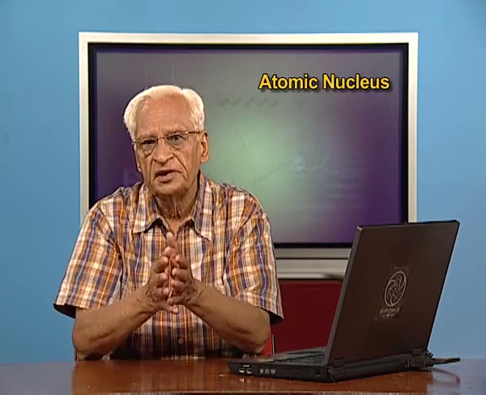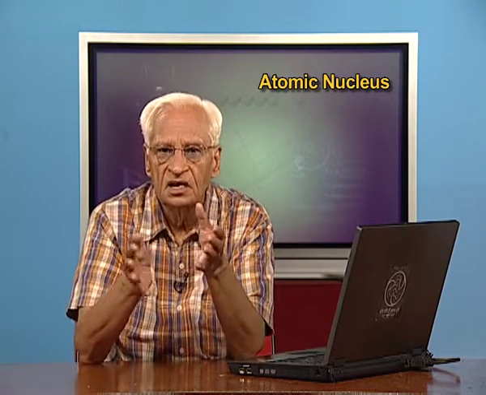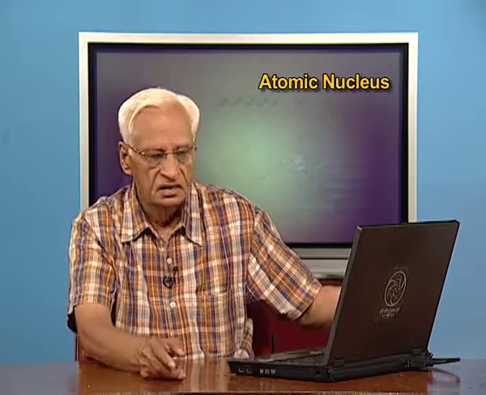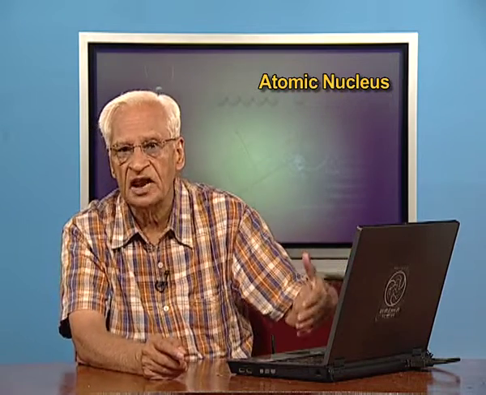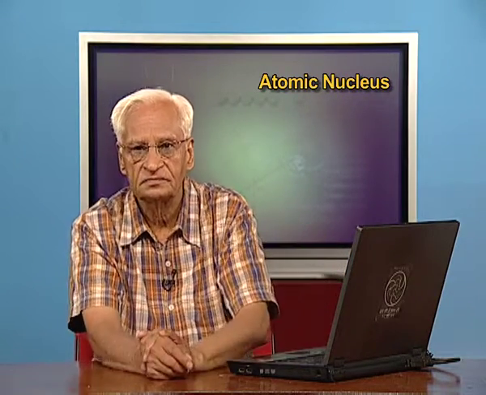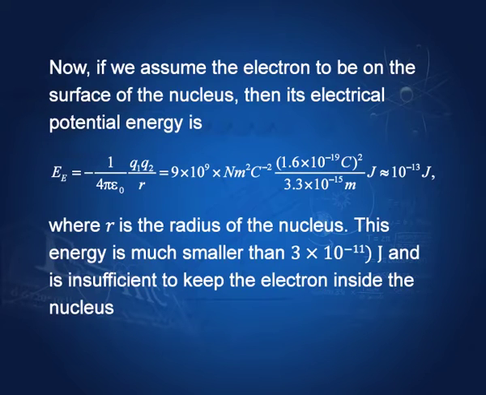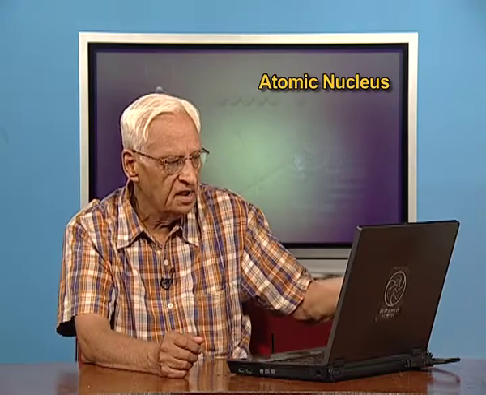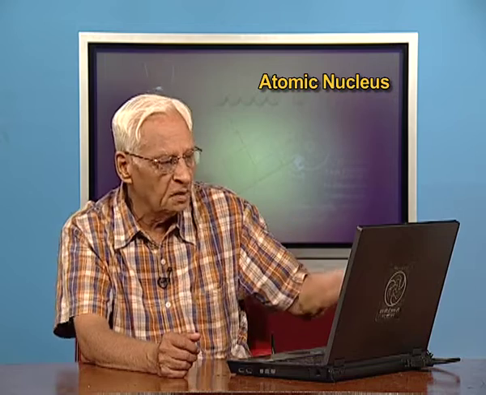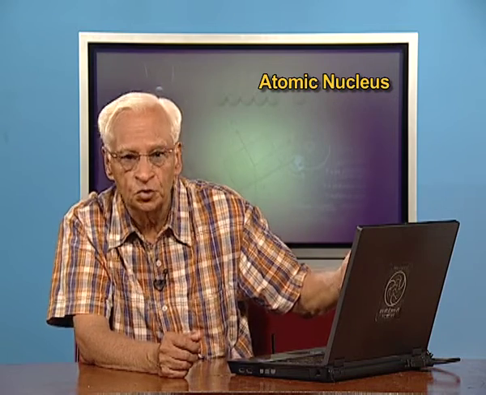I mean, nuclei emit particles and energy, but that energy is much smaller than the energy that we have calculated for the electron. There is another argument. If the electron exists on the surface of the nucleus, then its potential energy would be minus 1 by 4 pi epsilon 0 q1 q2 by r, where r is the radius of the nucleus, and we can calculate this,